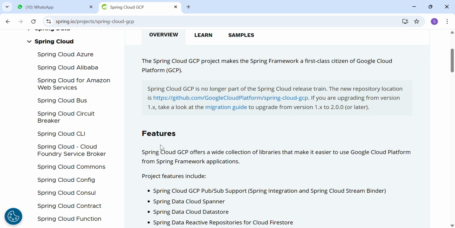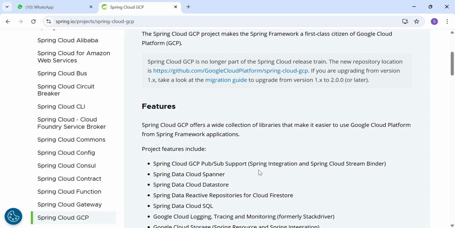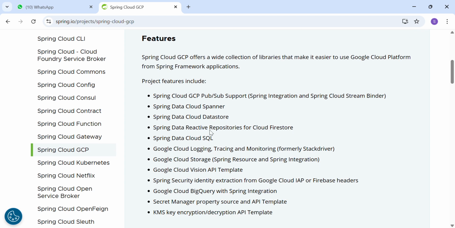Features. Spring Cloud GCP offers a wide collection of libraries that make it easier to use Google Cloud Platform for Spring applications. Spring Cloud GCP Pub/Sub support, Spring Integration and Spring Cloud Stream Binder, Spring Data Cloud Spanner, Cloud Datastore, Spring Data Reactive Repository for Cloud Firestore, Spring Data Cloud SQL, Google Cloud Logging, Tracing and Monitoring,